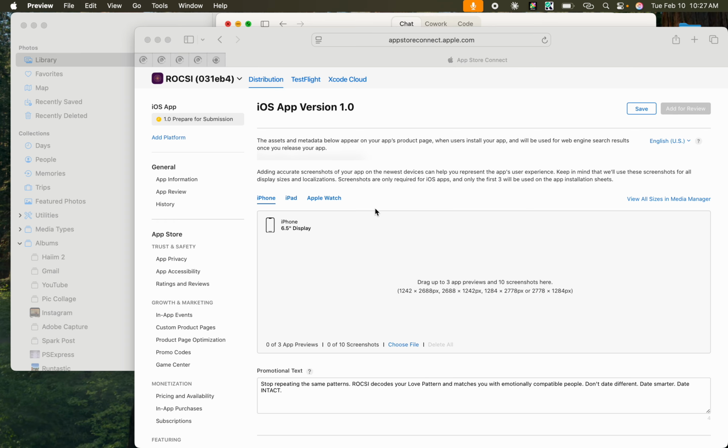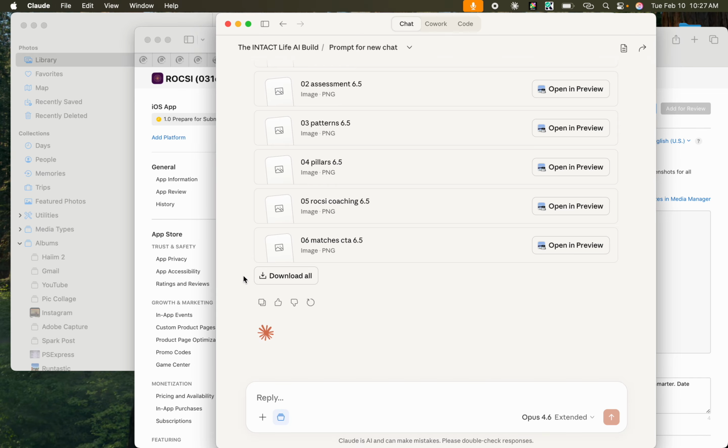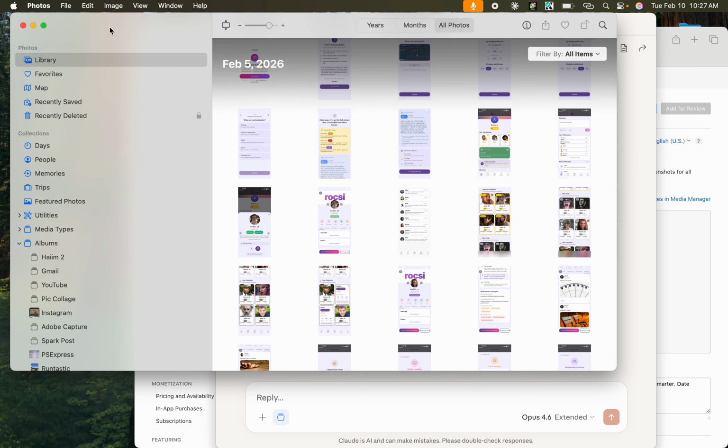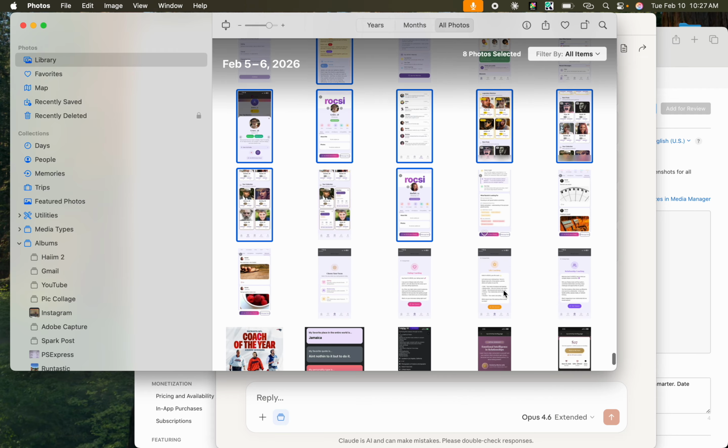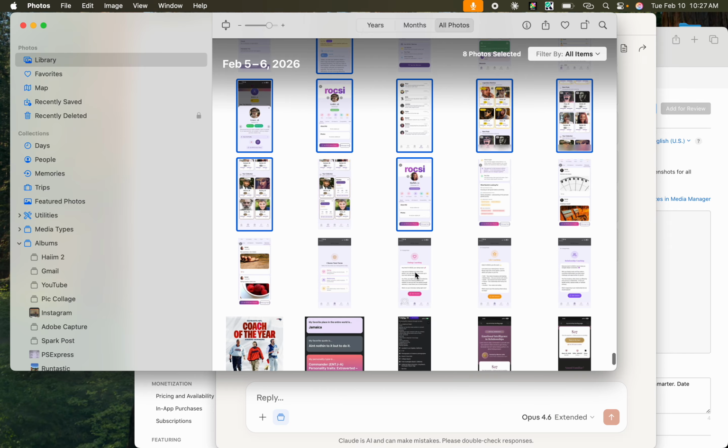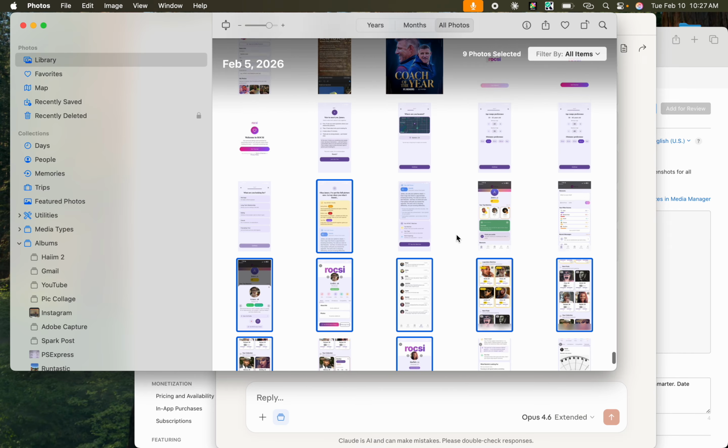So what I want to do now is redo my prompt with Claude. I want to use some of those images, but also some of the images from my own app. One, two, three, four, five, six, seven, eight, nine.